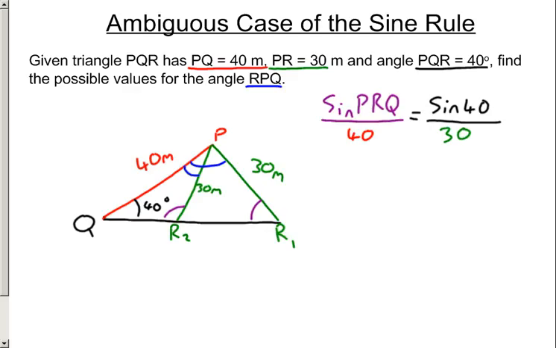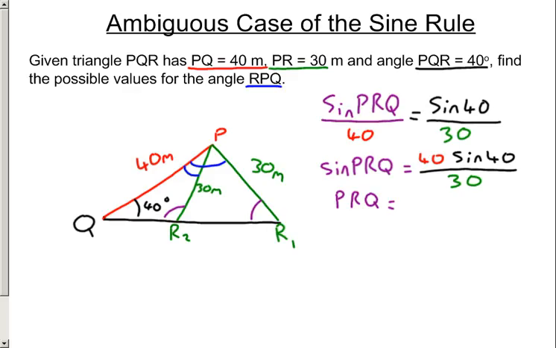With a bit of rearranging, we get sine PRQ is equal to 40 sine 40 over 30, which tells us that PRQ, the angle PRQ, is equal to 58.98 degrees,